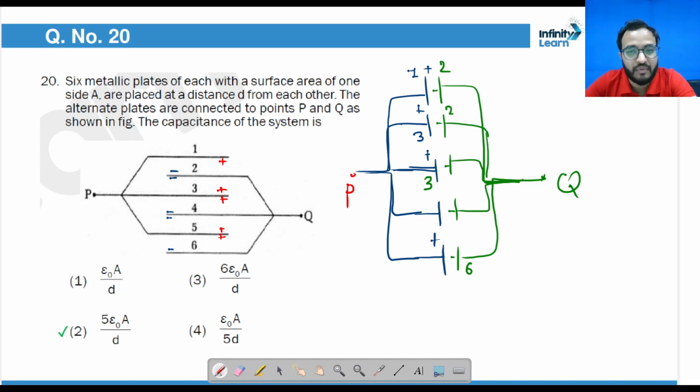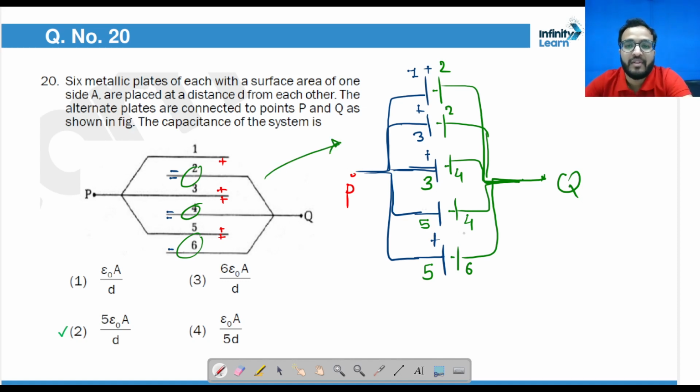This is 3, so 3 has 2 ends, then 5 has 2 ends. Now in front of 3 there is 2, and in front of 3 there is 4, right? And in front of 5 there is 4, and in front of 5 there is 6 also. Okay, got it. So these are the plates, they are arranged like this, shown here, but diagrammatically